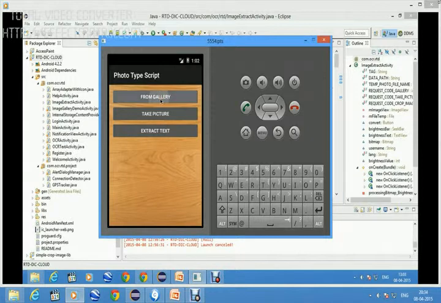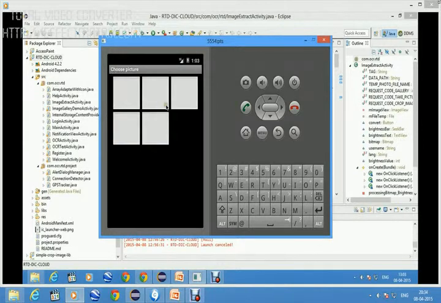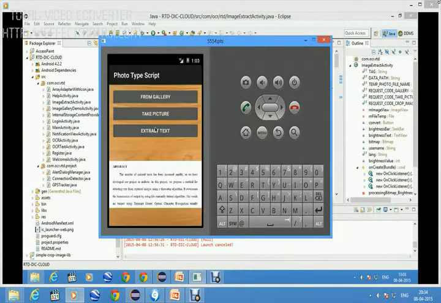Click on the gallery, because I don't have a webcam in my PC. So I have kept some pictures in my gallery. I have taken a default picture so that I can extract the text from it.